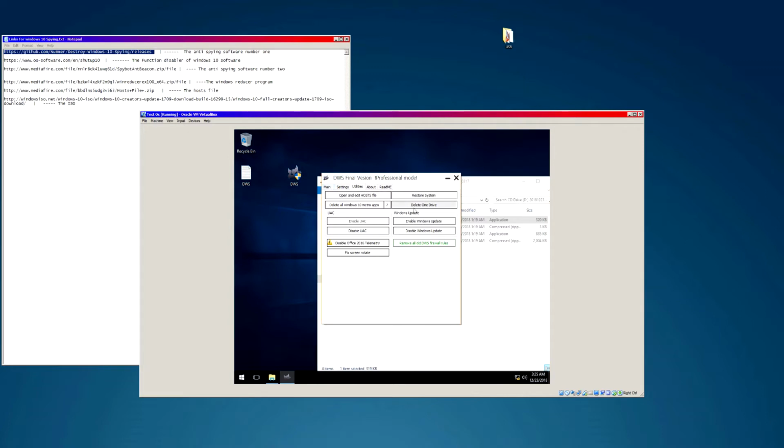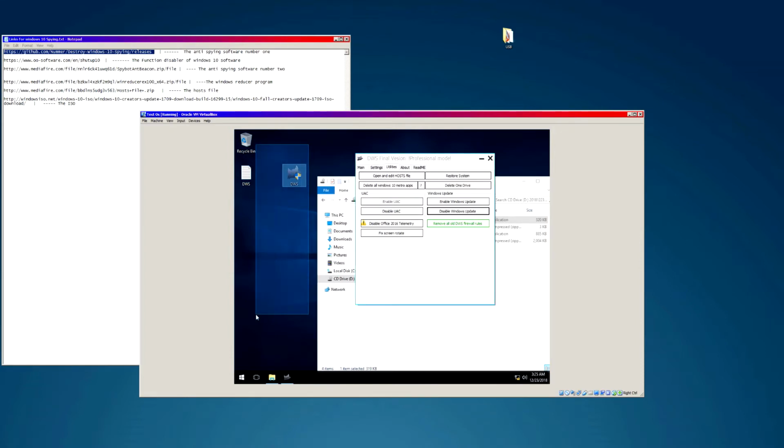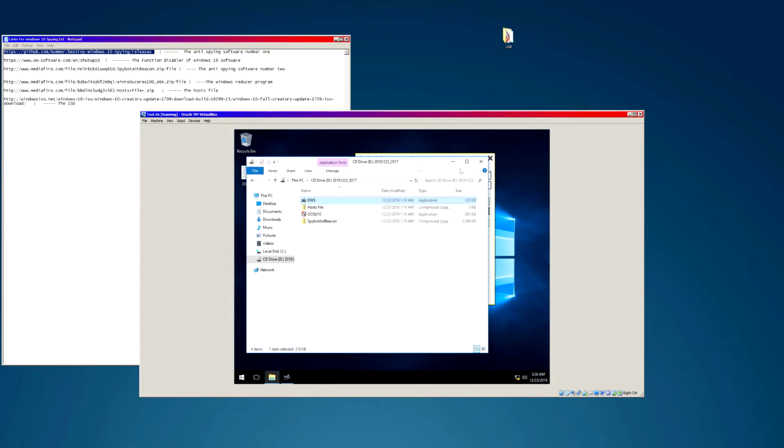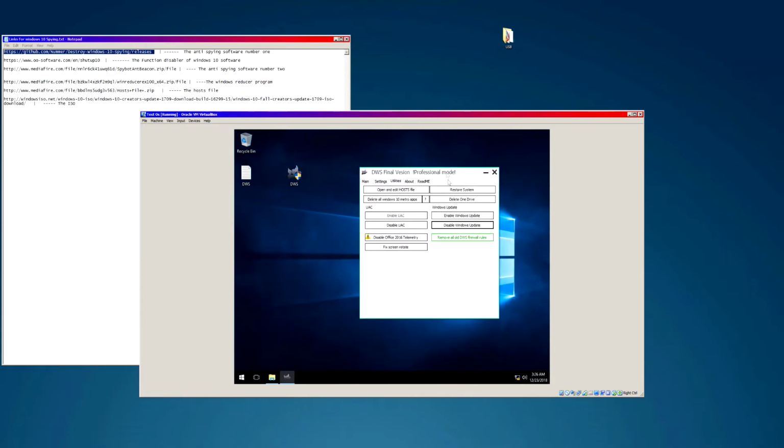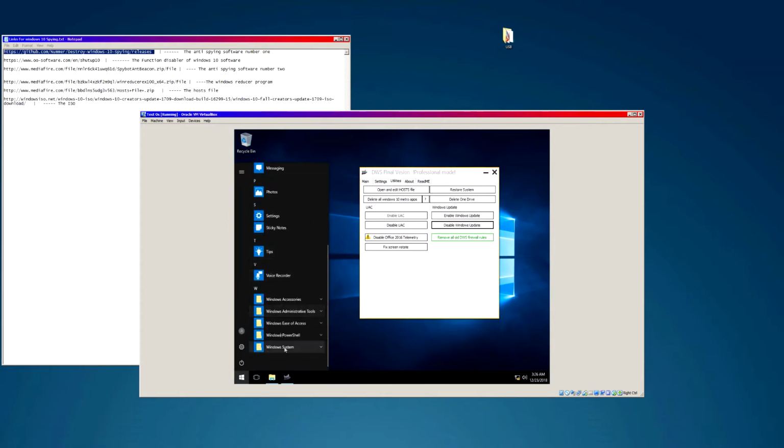But yeah, we're going to disable Windows Update. We don't want our machine to update at all. If our machine updates, say goodbye to all your privacy settings. It's all gone because Microsoft does not want you to modify the OS like this in any way. The fact that we removed the Edge browser probably pissed them off a lot. So